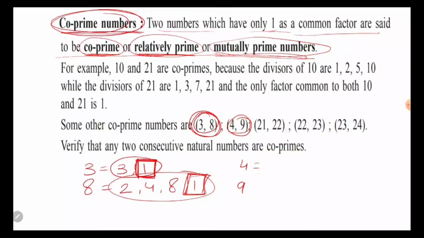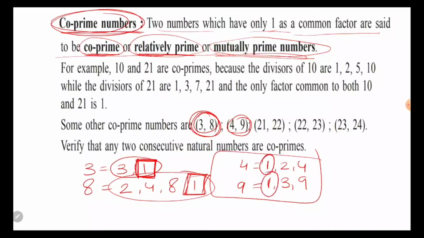Okay, so 4 किसके टेबल में आता है? We will start with 1, then 2, then 4. That's it. Now 9 किसके टेबल में आता है? 1. Okay, then 2 के टेबल में नहीं आता. Then 3 3s are 9 and then 9. Okay, so again watch it. You all can see that only 1 is the number which is common here. Therefore this is known as what? Co-prime numbers. These 3 you have to do by yourself in your notebook.